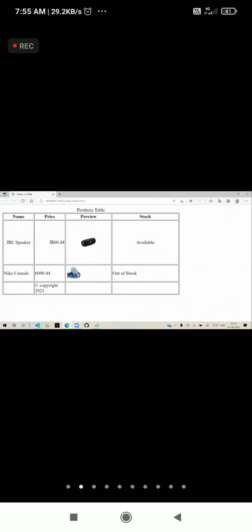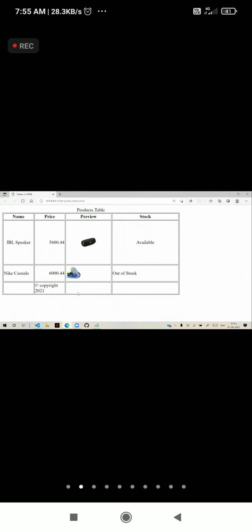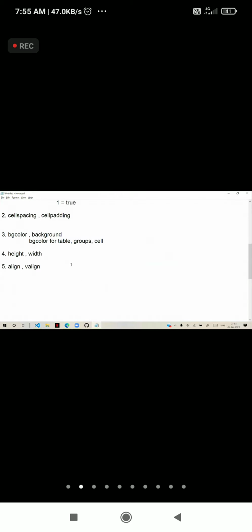You can apply for every individual cell. For example, for the price I want to give align as right. That means only the price will be aligned to the right side. Others are center. Only that will be on the right side. You cannot apply for an entire column. You have to write separately for every row. We need to define those alignments. So technically, for every row, in the cell I give align as right. I need to configure in this way. So we have the alignments also.